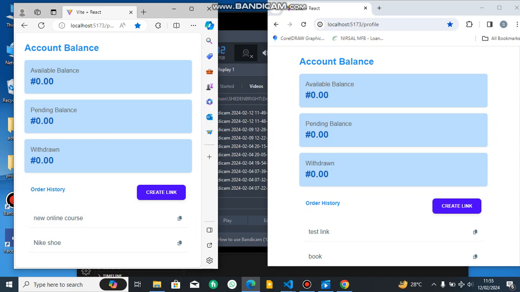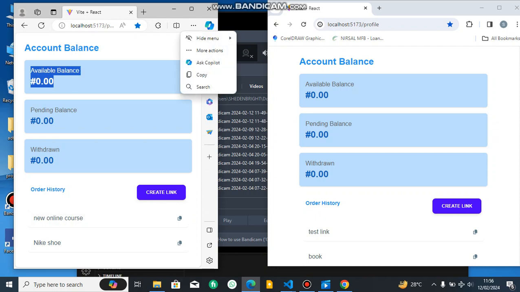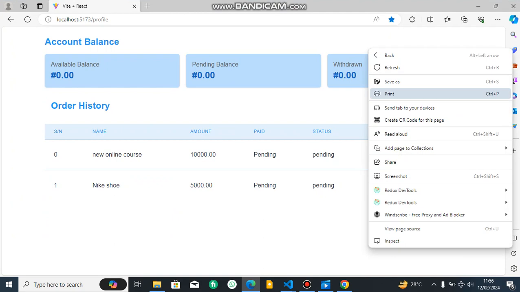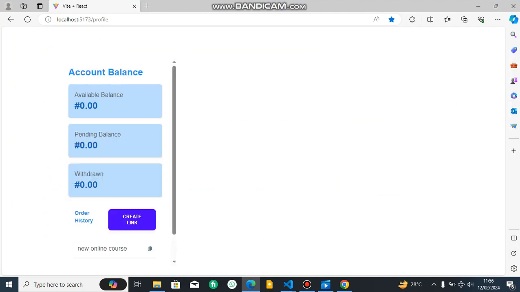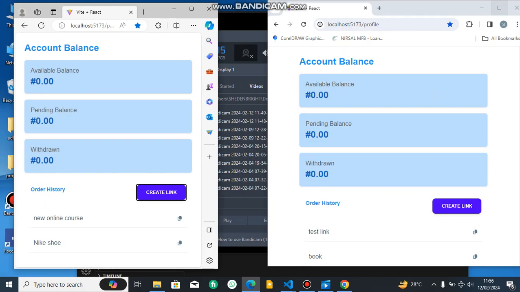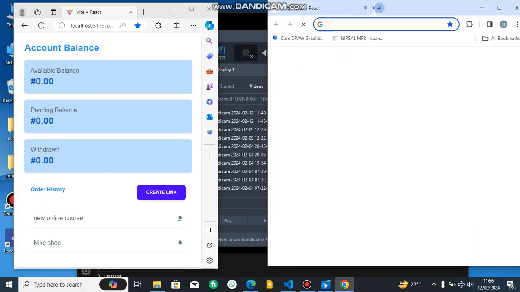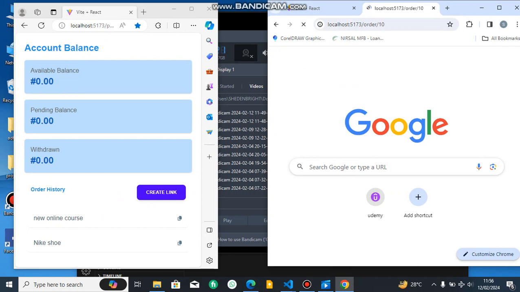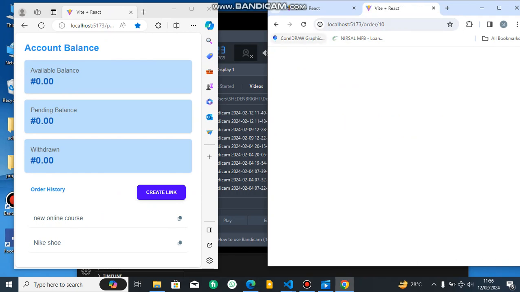So once it copies, I have the link copied. So it's already copied. Then let me go out. I don't even know, is it like this? So it copies. So on this one, let's say the buyer opens the link. So why am I having